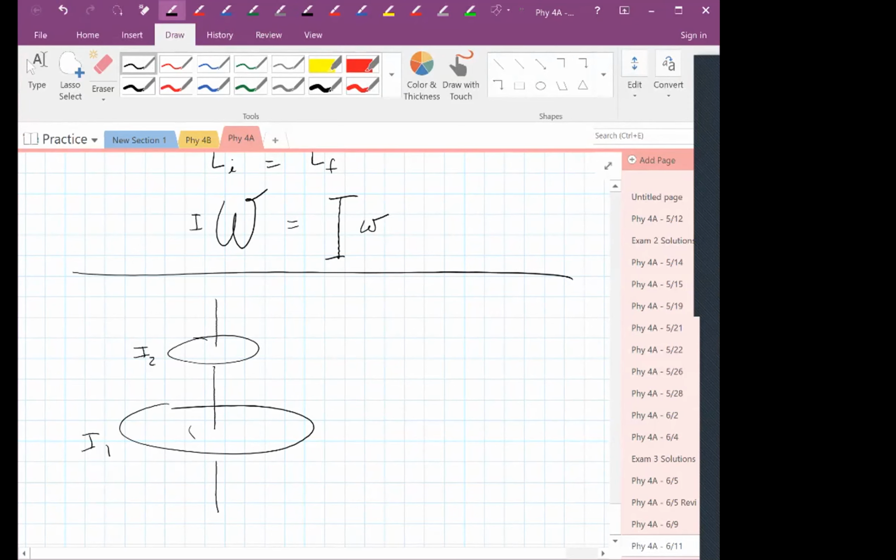Okay, so this one's rotating. This one is not. And then at the end, they fall on top of each other. We did it in the review session. Okay, so it's posted somewhere. What should we do? Let's do,